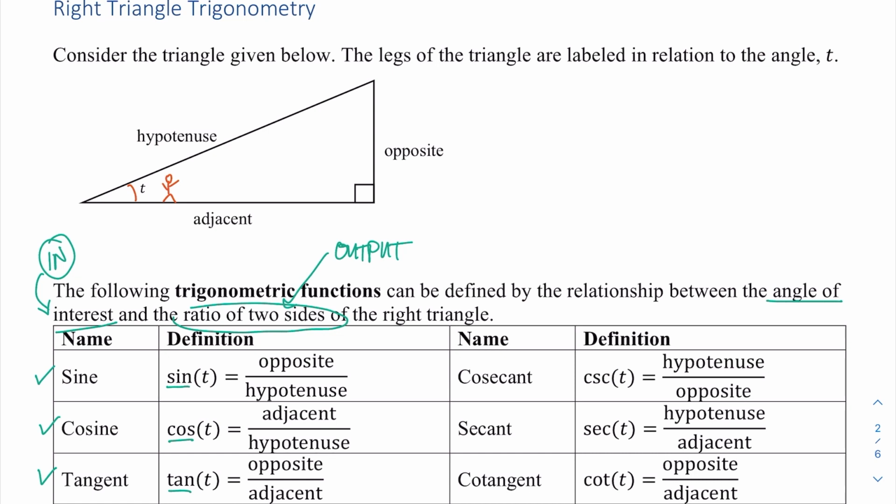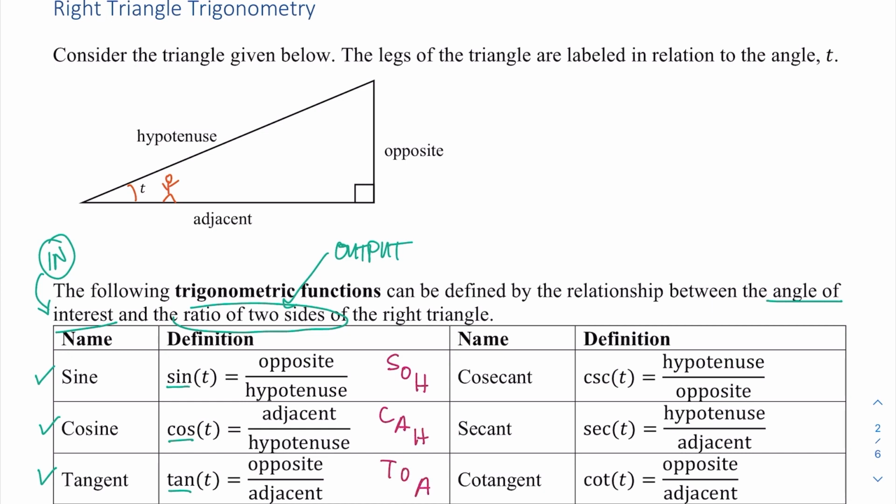Okay, let's look at cosine. The input is an angle, and then the output is the adjacent side to that angle over the hypotenuse. For tangent of t, the input is t, and then the output represents the ratio value of the opposite side length over the adjacent side length. Okay, that seems like a lot to memorize, and it is, but something that can help is called